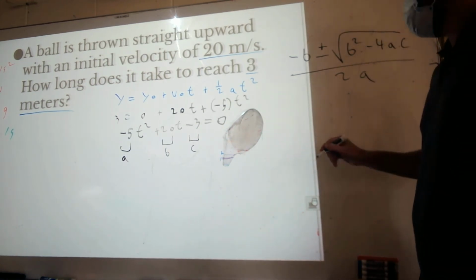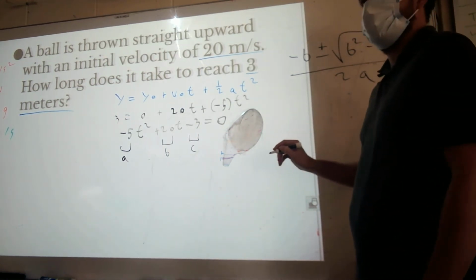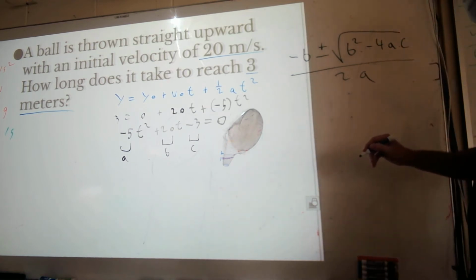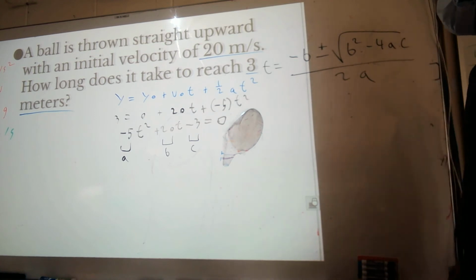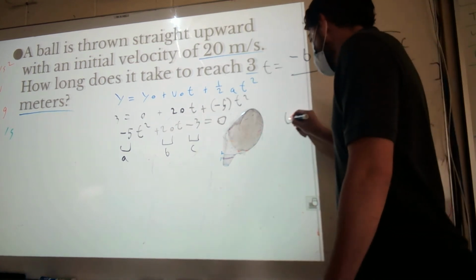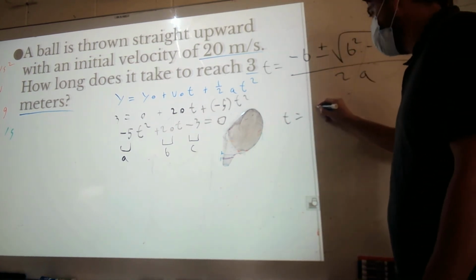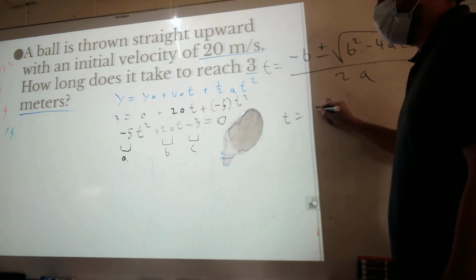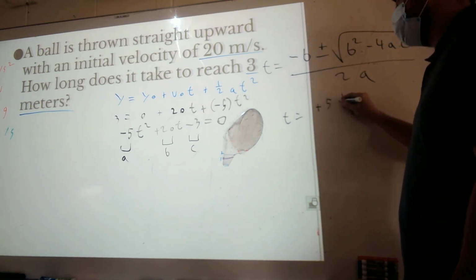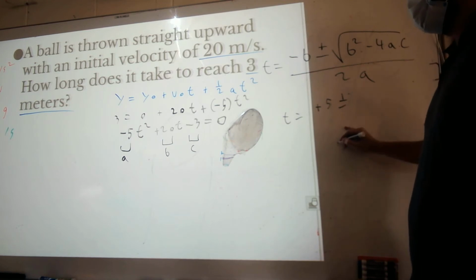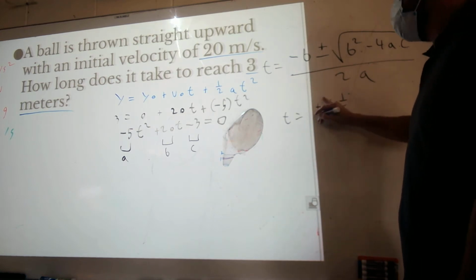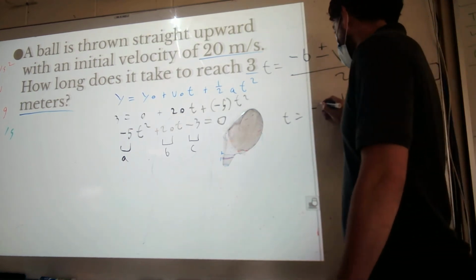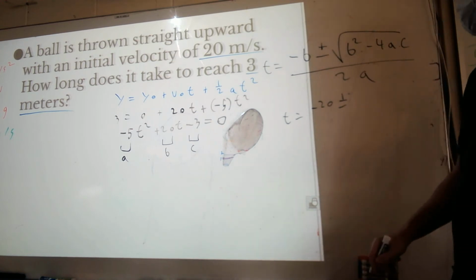So it's just x equals the quadratic formula? Yeah, or t in this case. Normally I use it for x, but in our case we're using it for t. So t is going to be equal to negative, b is 20, so negative 20. Oh yeah, sorry, it'd be negative 20, you're right. Oh my gosh, I messed up already. And negative 20, plus or minus